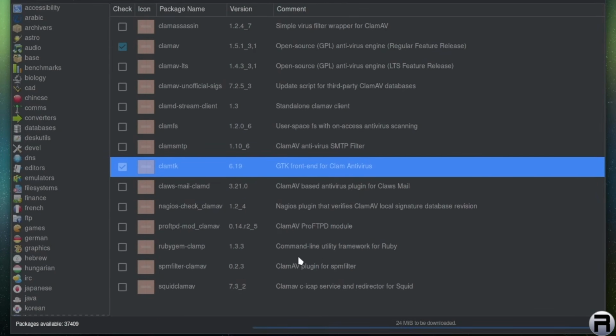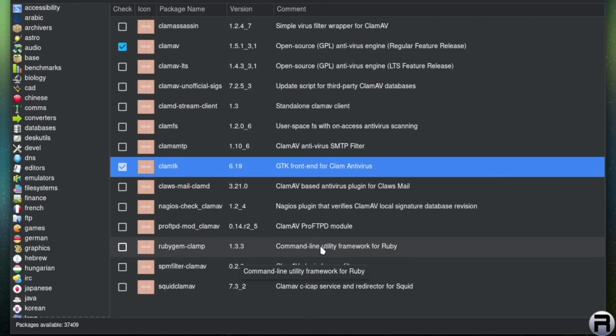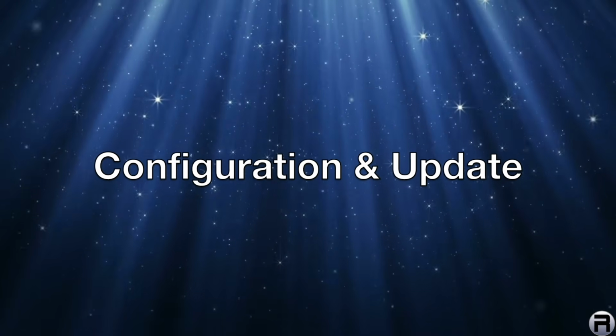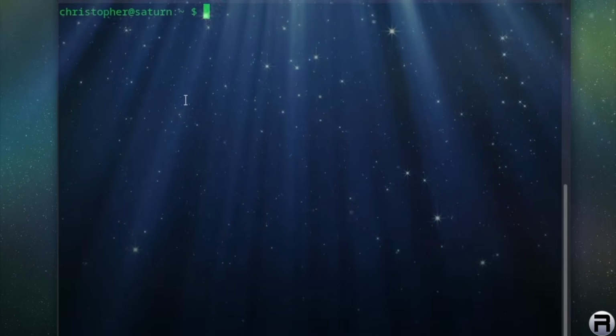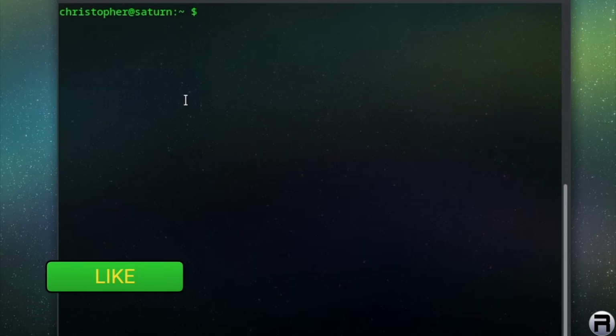Let's fast forward. Are we finished? Yeah, we should be good to go. Now, we really don't need to configure anything out of the box. It will tend to work as it is. But just in case you need to tweak anything, change some settings,